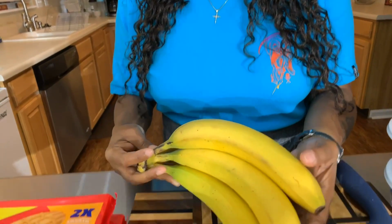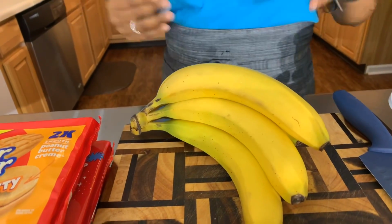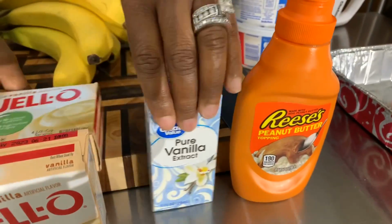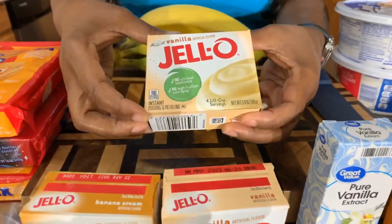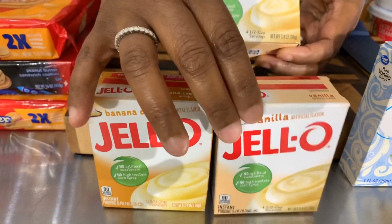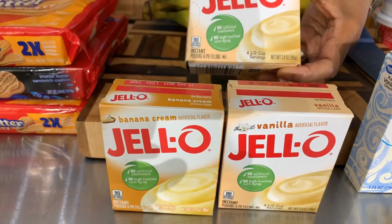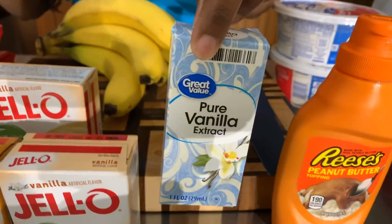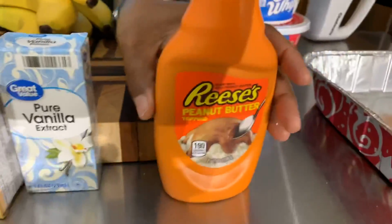Here are the lovely ingredients you will need. The first ingredient is some nice fresh bananas. We have some beautiful bananas here that we will be slicing up, and you will need some pudding. Whatever kind of pudding you want to use, you can use. Right here, I have some vanilla pudding, and also some banana cream pudding. Use whatever kind you want. If you want to use 3 packages or 2, that will work. You're going to need some vanilla extract,